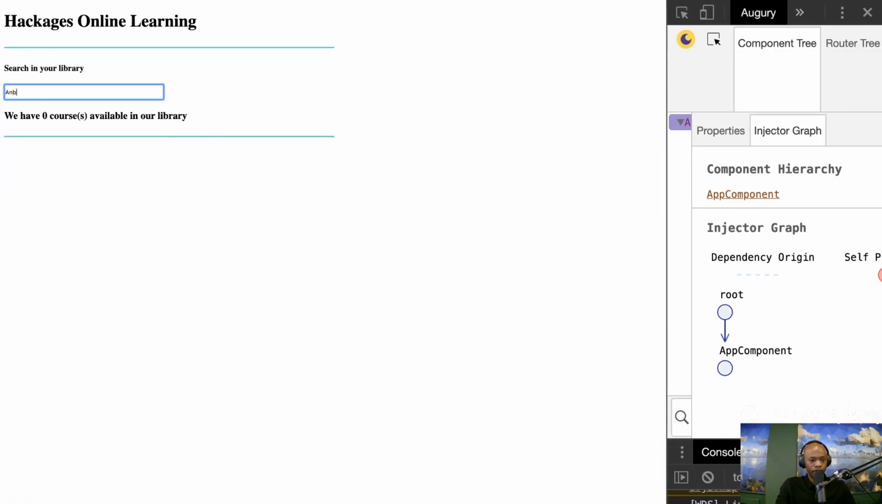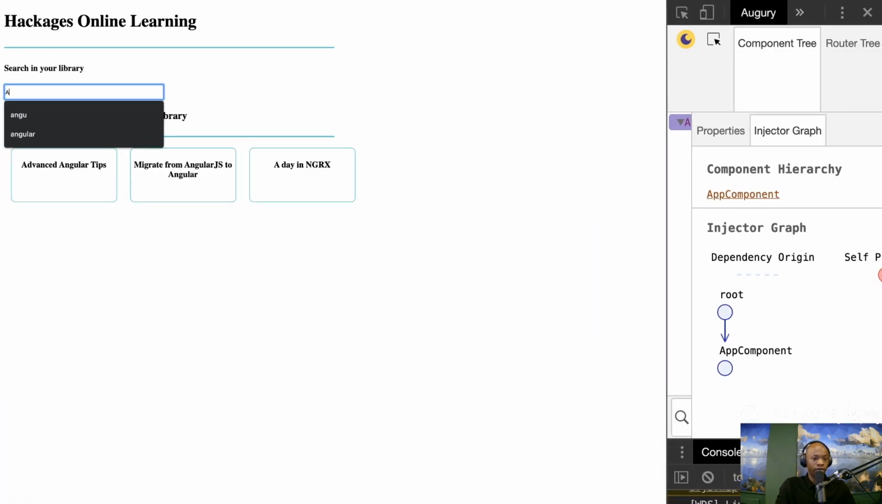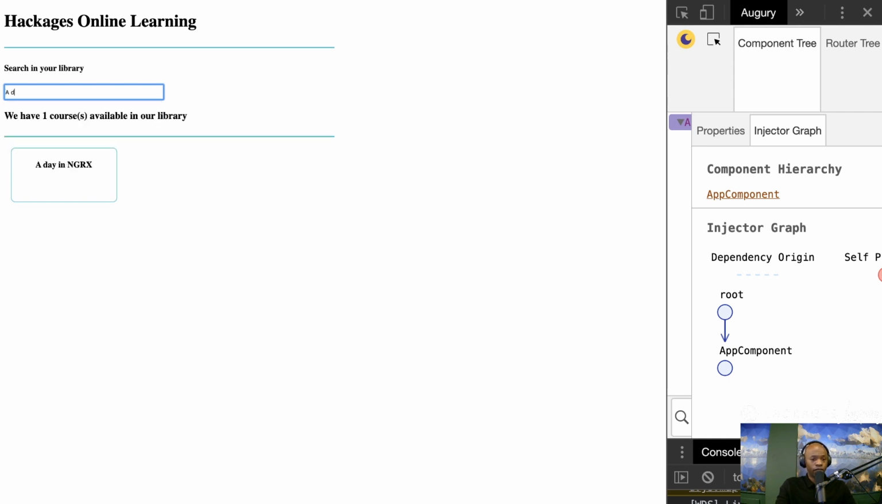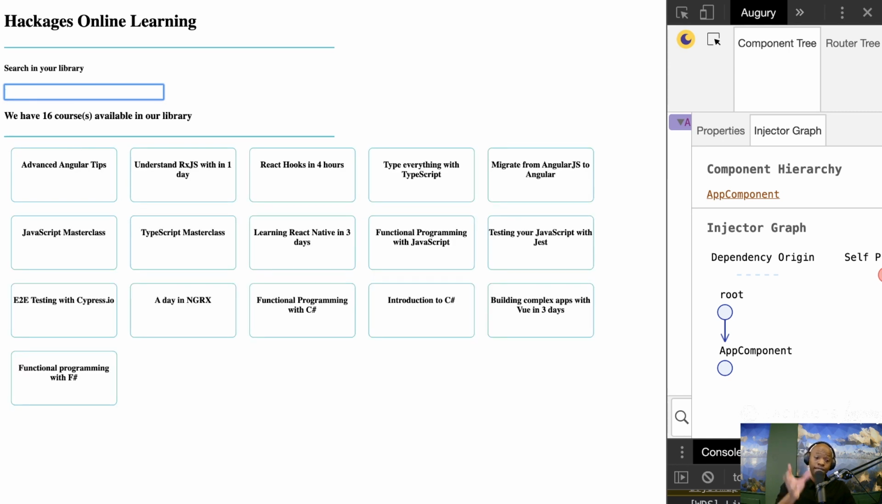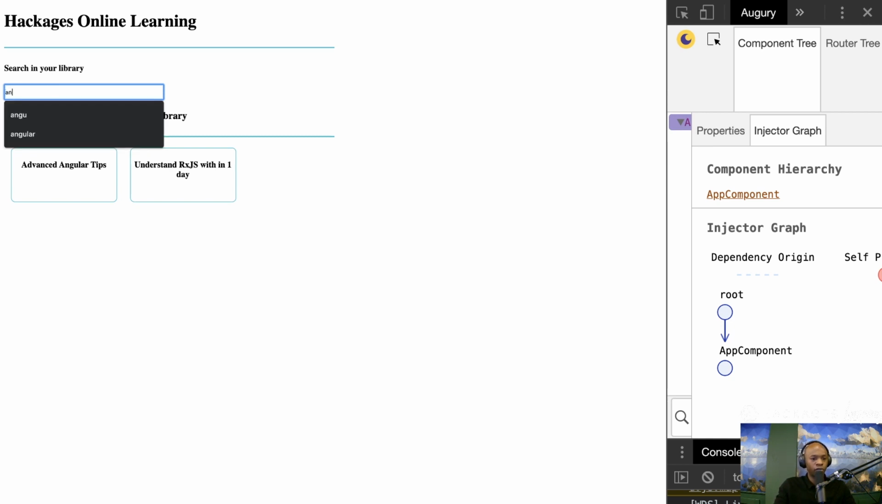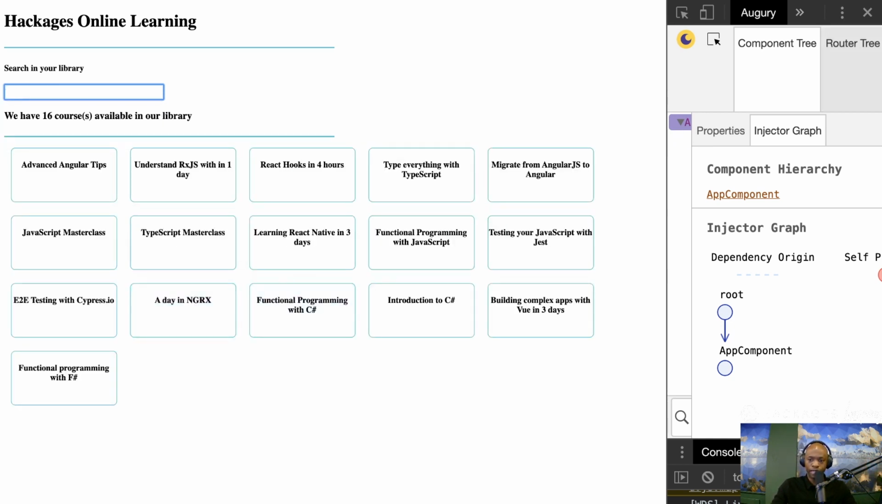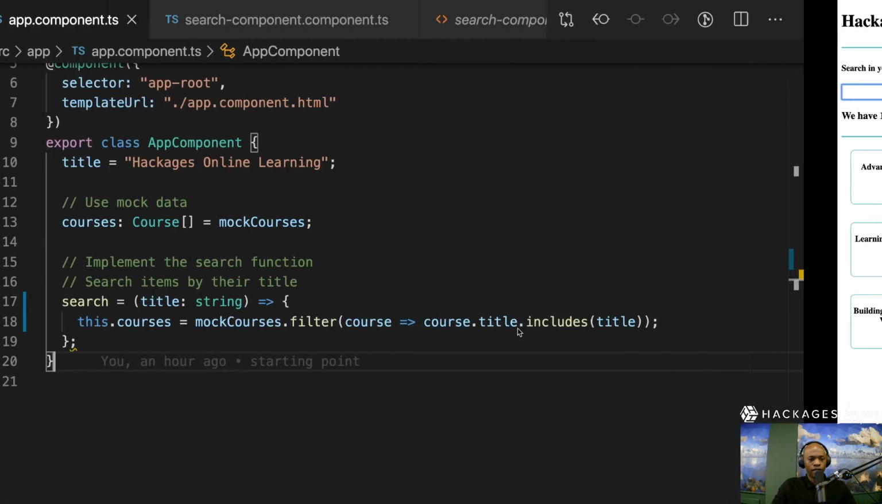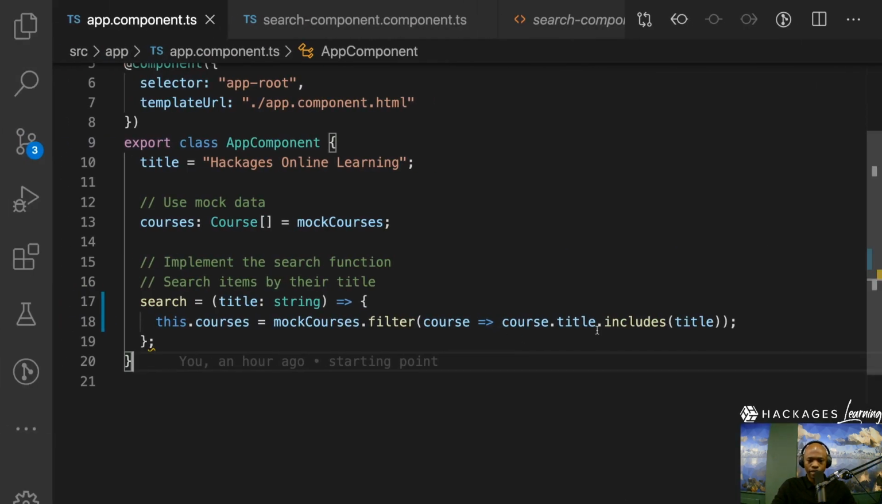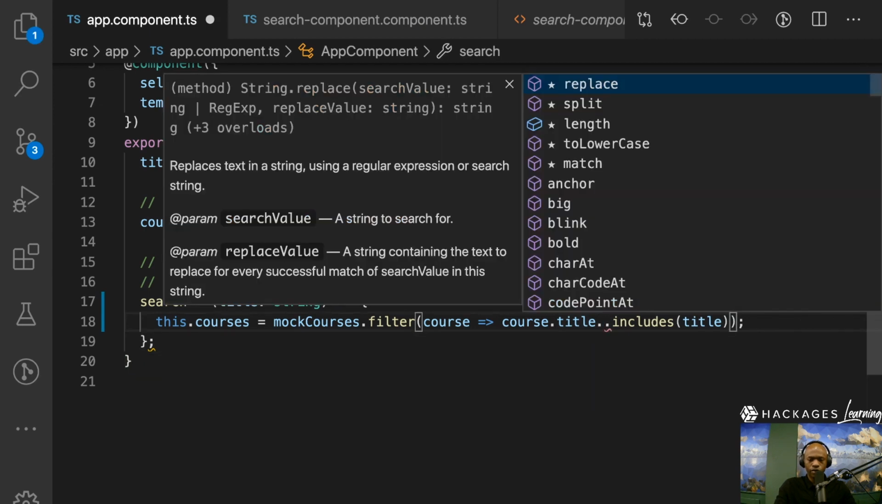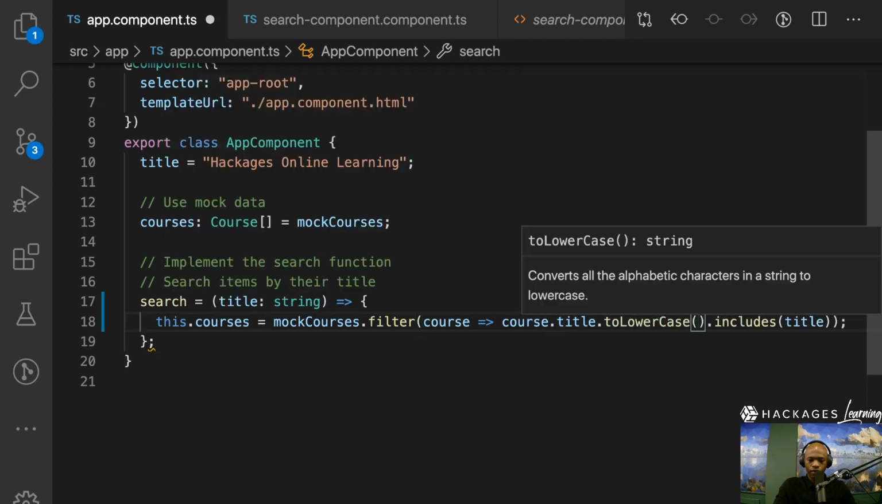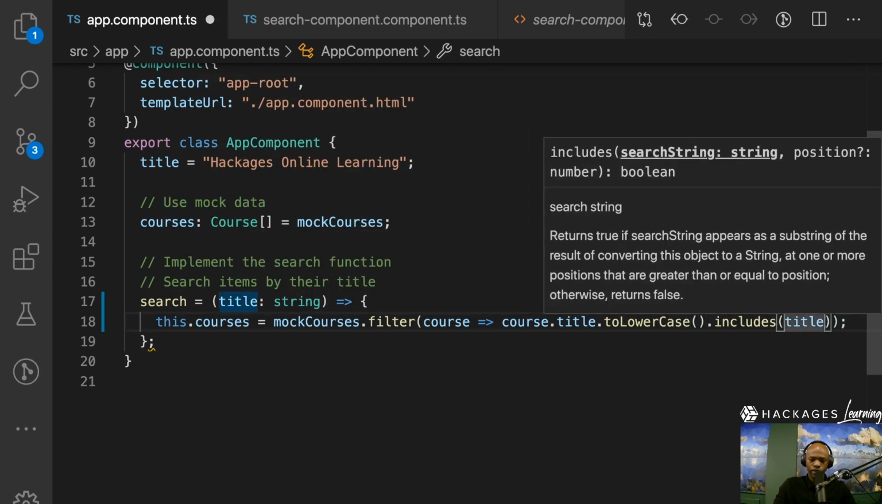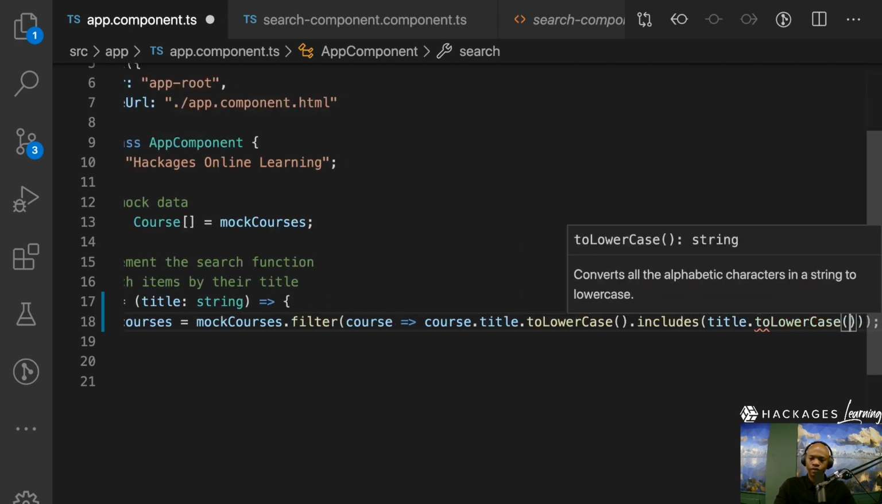So when I go back now, I can search for everything Angular, for example. Okay, so that's kind of working, but that doesn't work when I do this. So I need to fix it by basically saying I'm going to make sure that they're all either lowercase or all of them should be uppercase. Okay, so